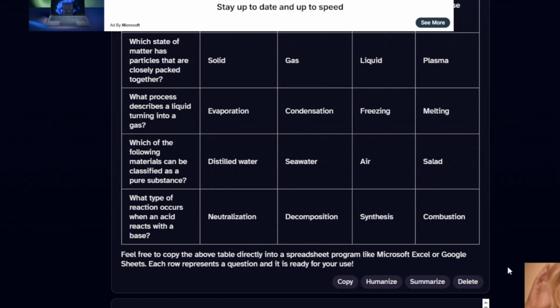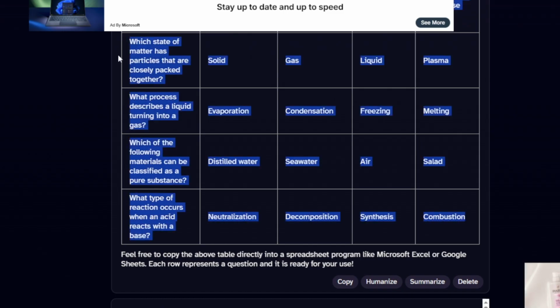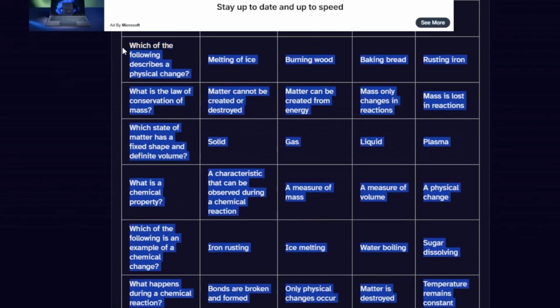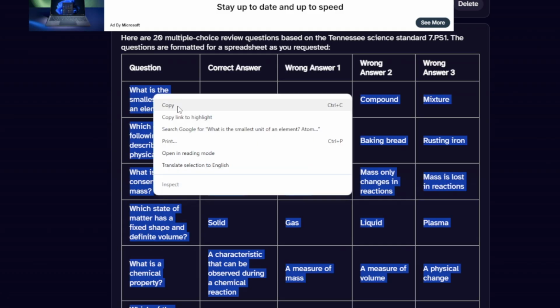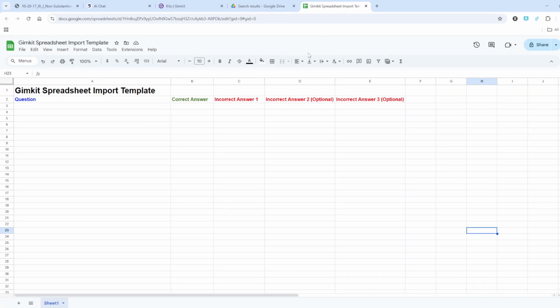I could come down here and say, make them harder, make them easier, give me more choices, but these are good. I like them. So I come up here, I copy all the questions all the way until it says question correct. Don't get the headers. You just want these down here. Okay. So then I come over to my Gimkit,